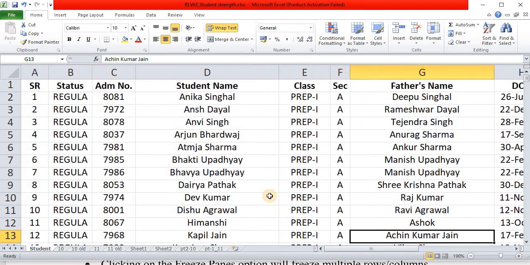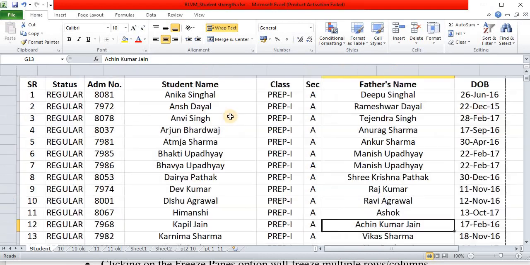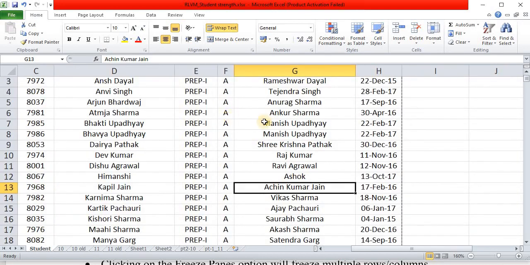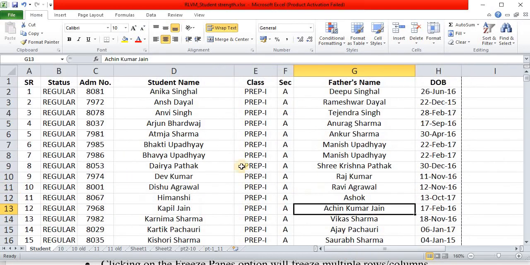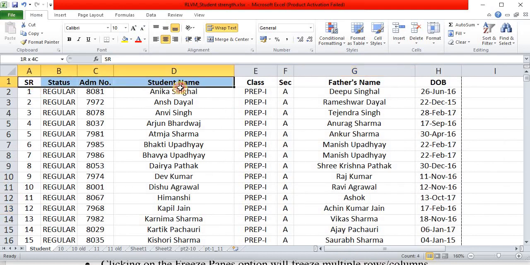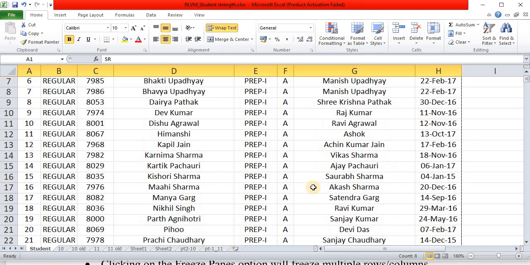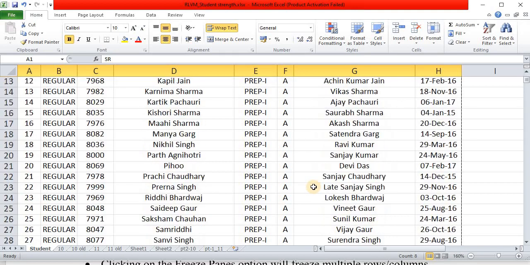Now you can see this header row is visible. Okay, if I move down, this header row is not visible.